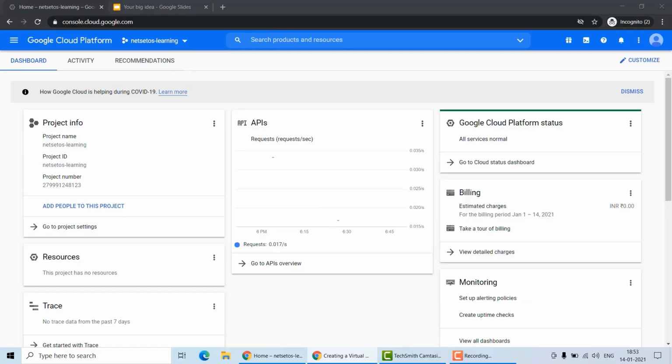So once again, the first thing is to create a virtual machine with the Cloud Console. Then the second part we will do is create a virtual machine with the gcloud command line interface. And then the third one, we will deploy a web server and connect it to our virtual machine. Familiarity with text editors like Vim, Emacs or Nano will be helpful.